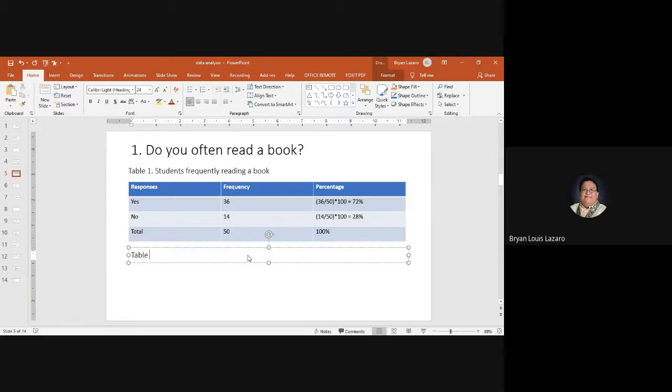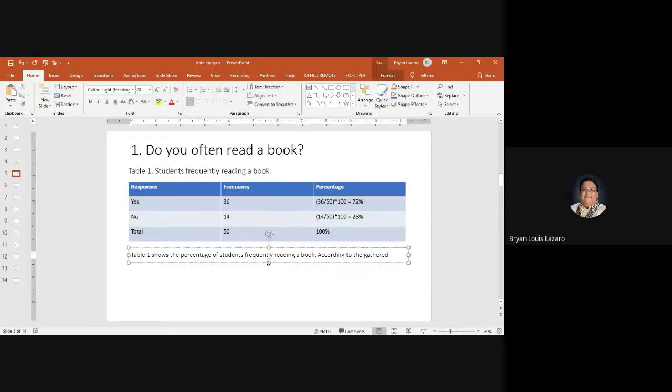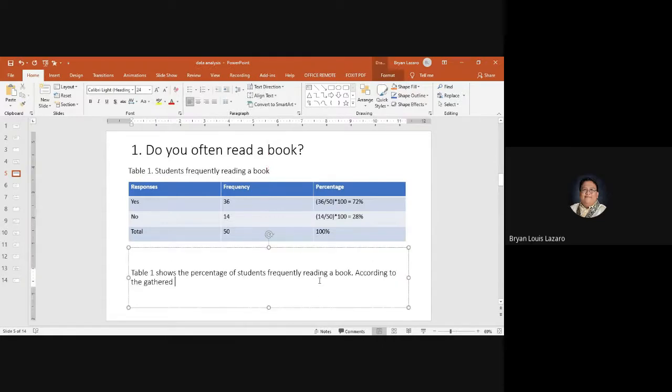So, Table 1 shows the percentage of students frequently reading a book. So, yun na kagad yun. Tapos, according to the gathered data,